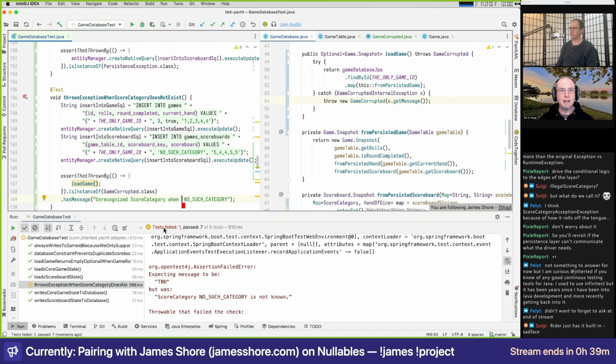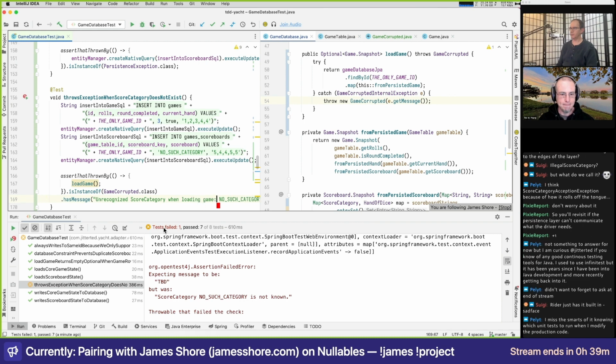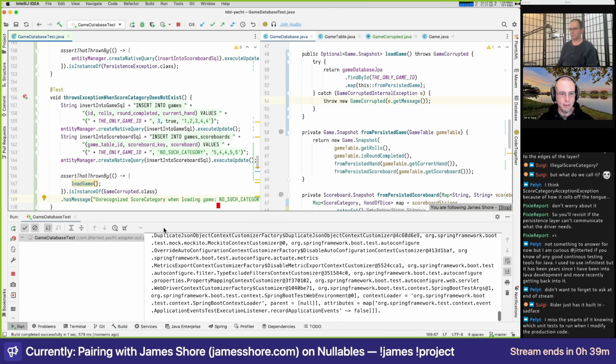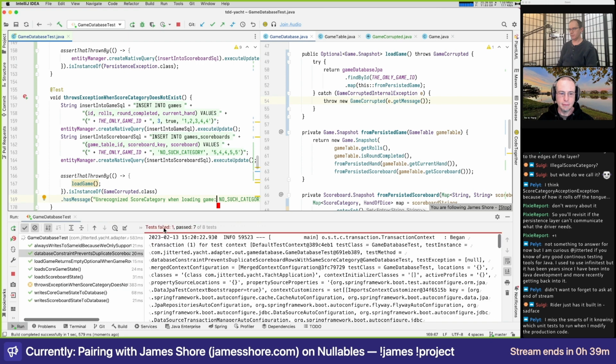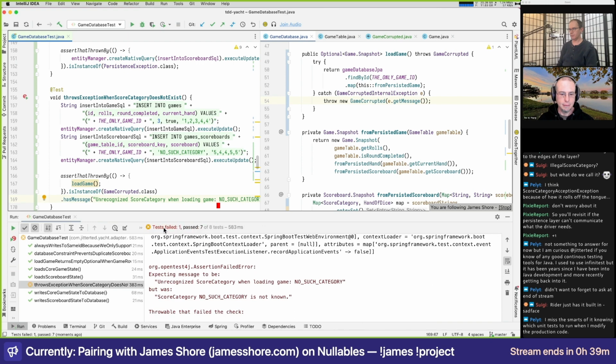Yeah, why does Rider have it built in and IntelliJ doesn't? I don't know. I have to see if there's an open issue on that. Cool.